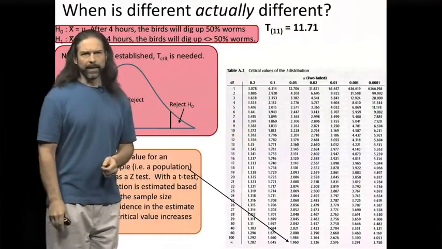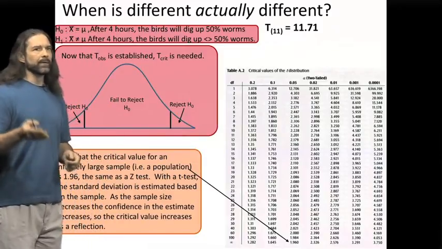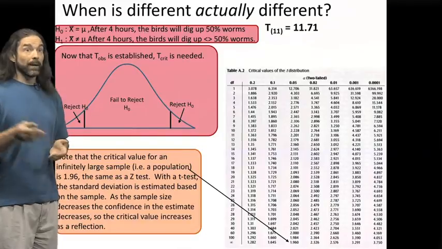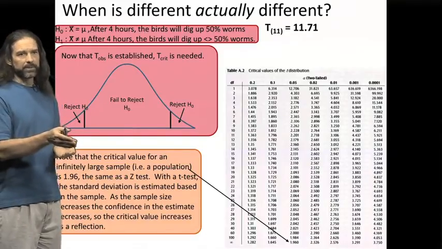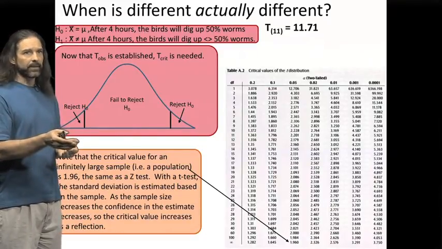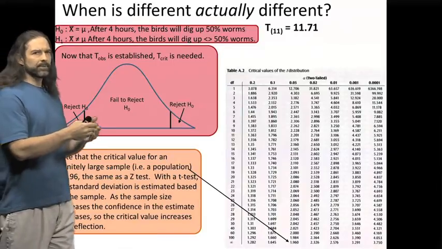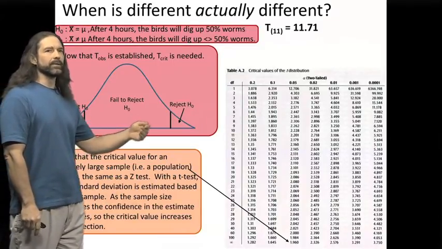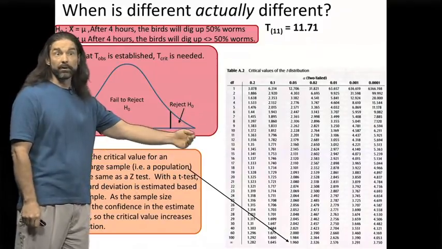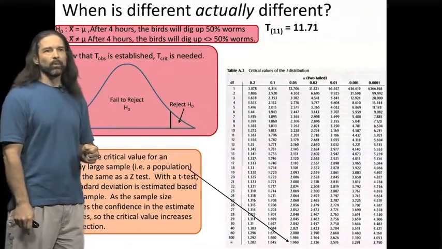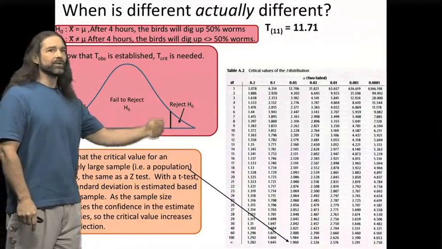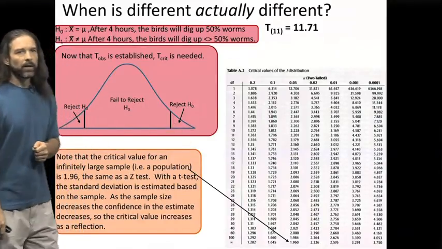Why are we doing that? As I move from an infinitely large sample to a sample of 100 or 50, my confidence obviously decreases. As my confidence decreases, that changes the shape of the distribution and the criterion for significance gets harder to achieve. I want to make sure when I'm less confident that I've reached a higher threshold of